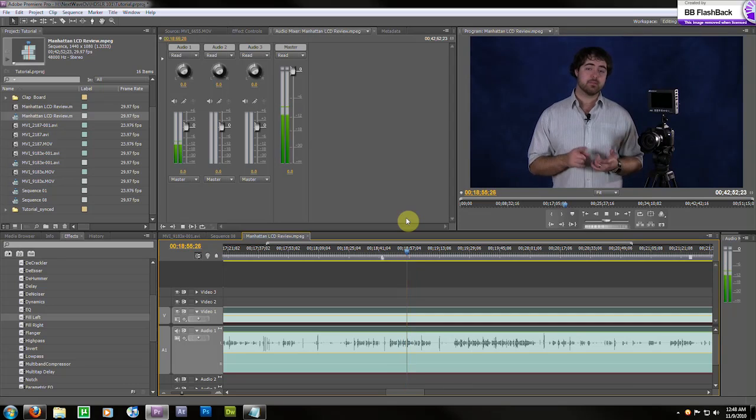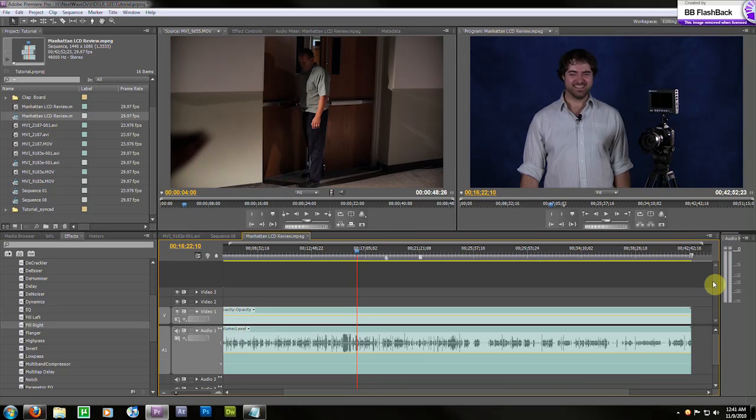You want to get the requirements from the station, though, because a lot of them are going to require that you transfer your video over to digital tape or to analog tape, and then you're going to be using a reference tone. It's like a 1 kilohertz tone at the beginning and end of your tape, and that's usually set at